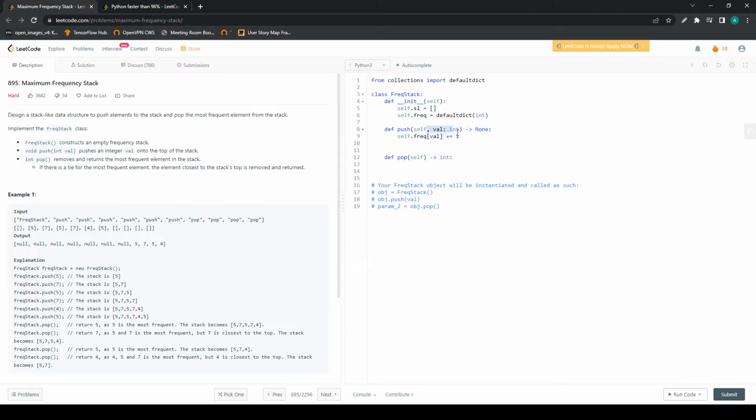We know that whenever we add a new element, the frequency of that is increased by 1. First, let's add that and then increase the frequency. So this is the level that we should add the element to in the stack. Let's add it first, plus equal 1, and then if self.freq[val] is greater than the length of self.stack,